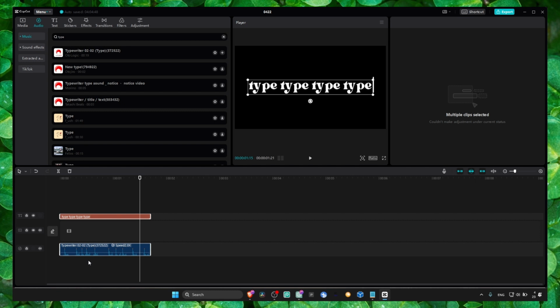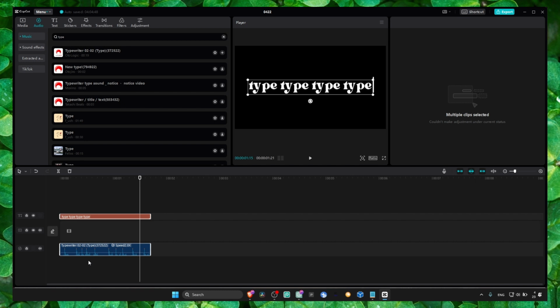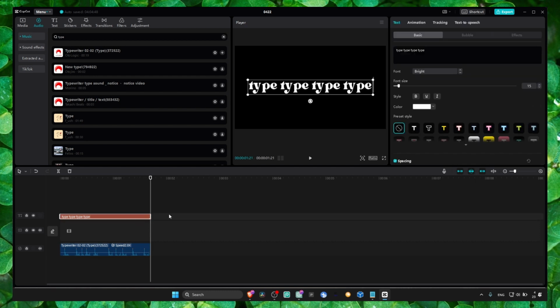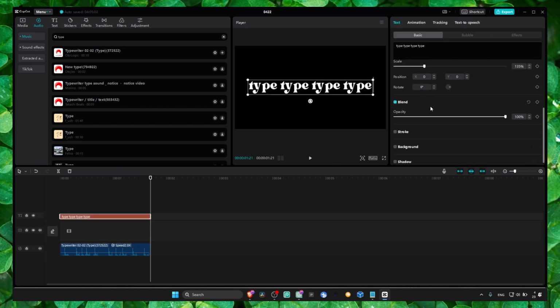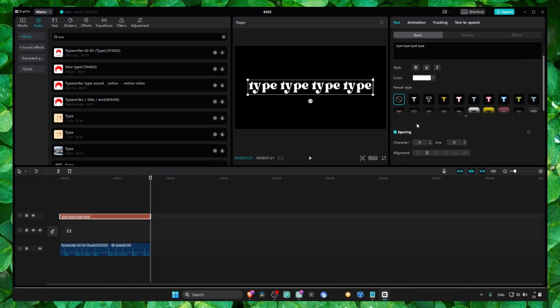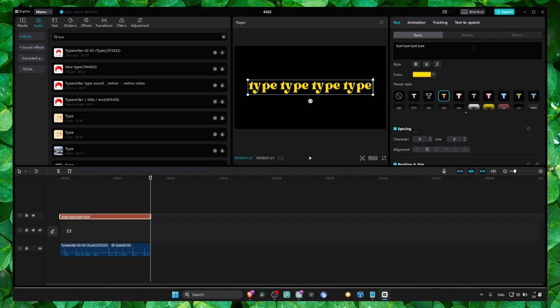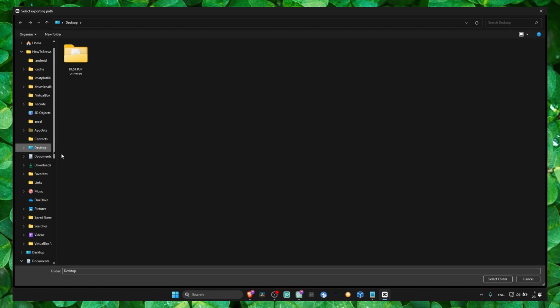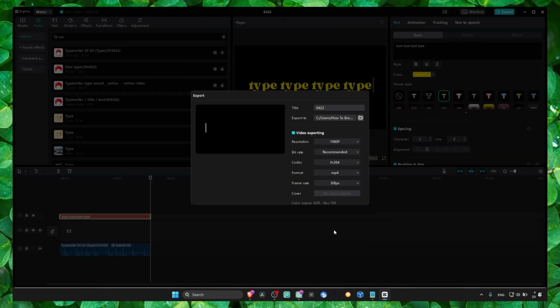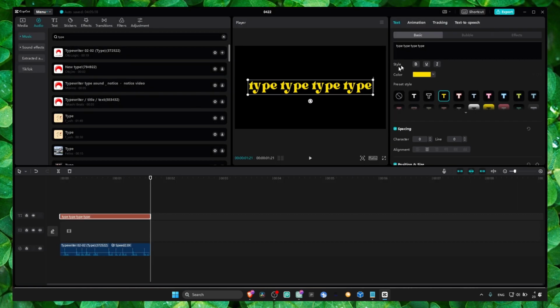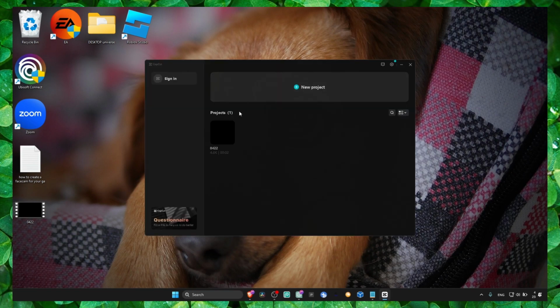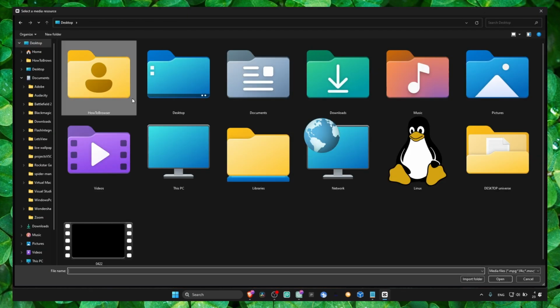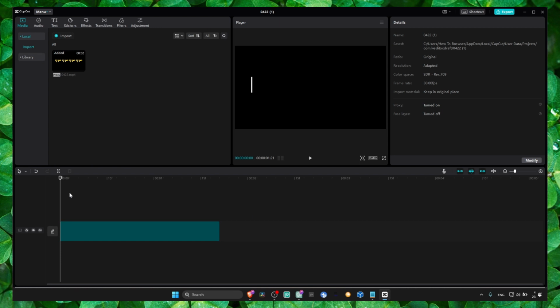Now if you want to use this, because I just thought to myself, maybe you want to use this and you don't want to recreate this every single time, there is a way actually to use this as like a preset, not a preset, but can save some time. So after you change this text the way you want, what you can do is to export like this, put it on desktop, select export,